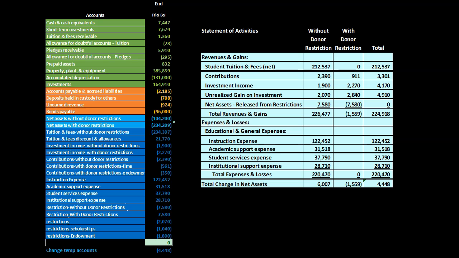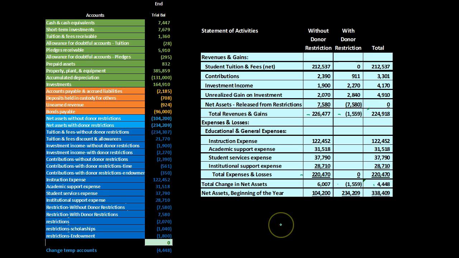Here, the only change in these accounts will typically be the change in what would be similar to the income statement accounts, the net income type number, the statement of activities number. So therefore, we can simply call it, instead of net income, the total change in the net assets. And the total change in the net assets is going to be the amount up top, the total revenues, minus the expenses and losses, giving us that change. Same in the with donor restrictions column, same with the total column. And then we can also add them up this way, the 6007 minus the 1559 as well, to get to that